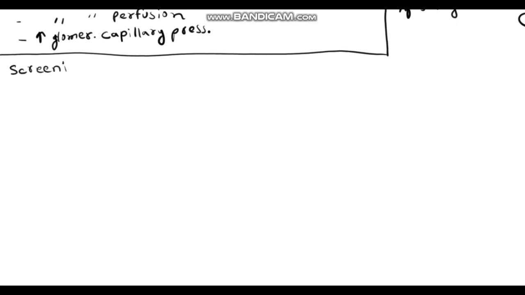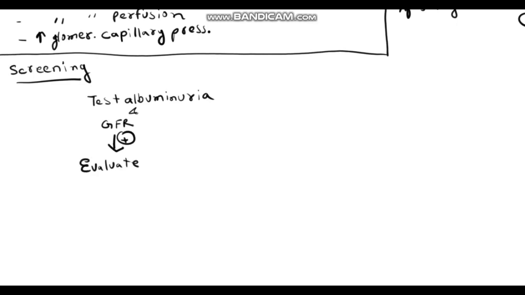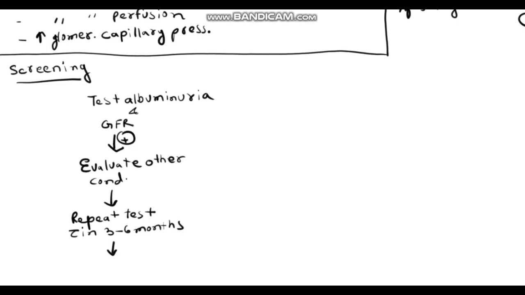Now how will you screen for albuminuria? First you have to test for albuminuria and GFR, which can be tested by spot urine, as I told you before. If it's positive, you have to exclude other conditions, mainly hypertension and any other condition which causes albuminuria. Then repeat the albuminuria test within 3 to 6 months if all the conditions are excluded. After repeating the test within 3 to 6 months, if 2 out of 3 tests come positive for albuminuria,